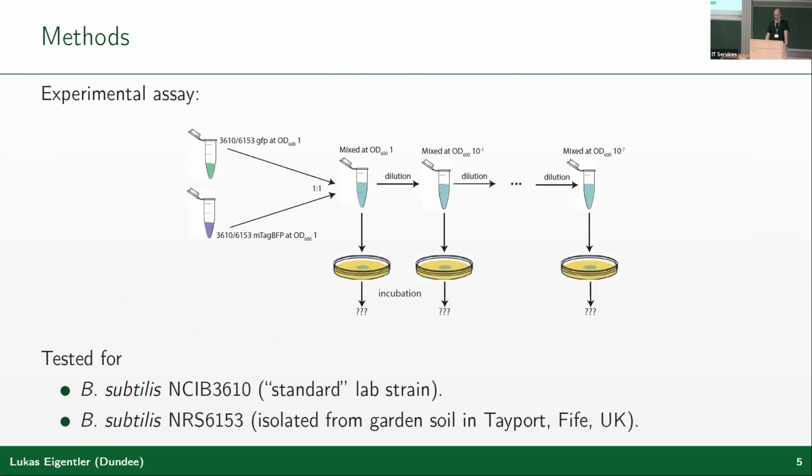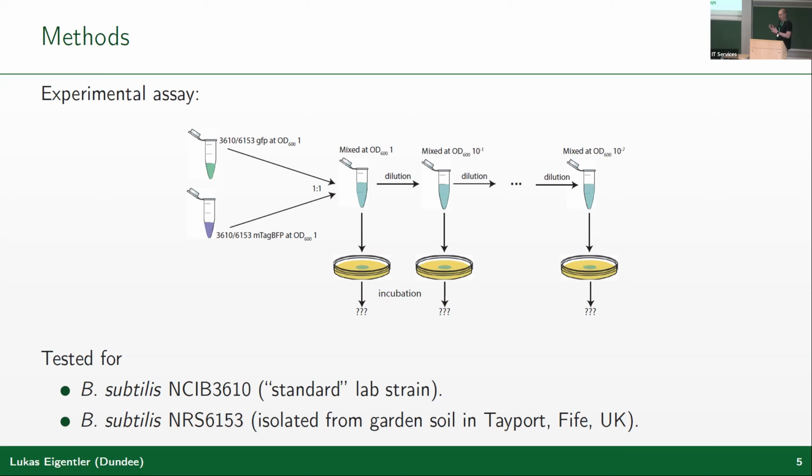the first place. And like I said in the beginning, we combined a mathematical and an experimental approach to study this. Very briefly, the experimental setup worked as follows. We used initially identical strains that only differed in the fluorescent protein that they expressed. We always mixed them at a 1-to-1 ratio at a normalized OD, so always the same density. And then we put an inoculum on an agar plate, incubated that agar plate, and examined the outcome.